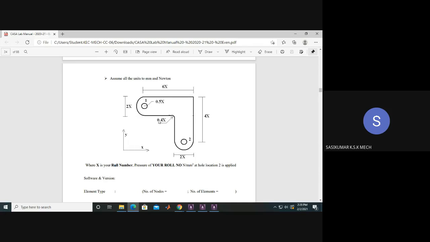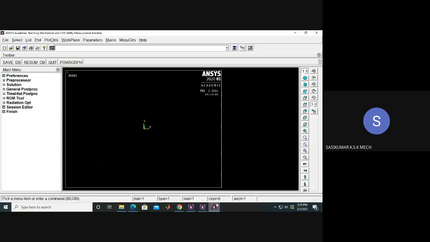So far what we have seen are all line kind of things, particularly the beam. The beam is made as a line in the previous two cases. Here it is not a line. Here it is an area. We will create a finite element model of this area and we will solve it. Okay.